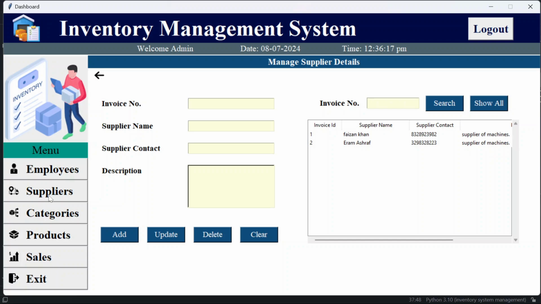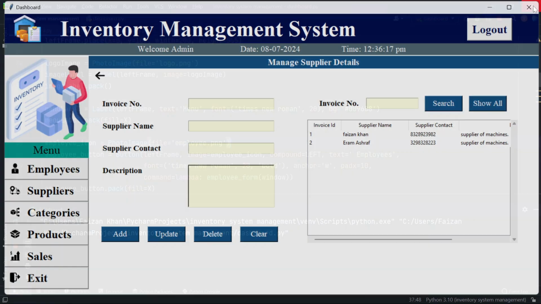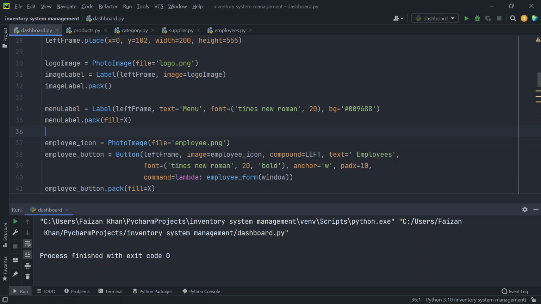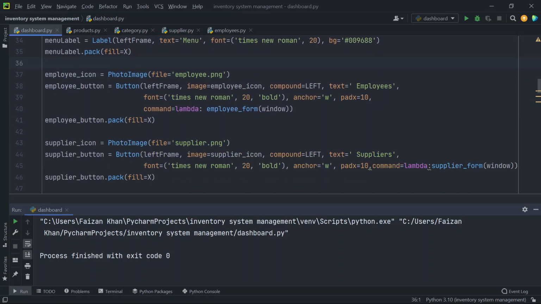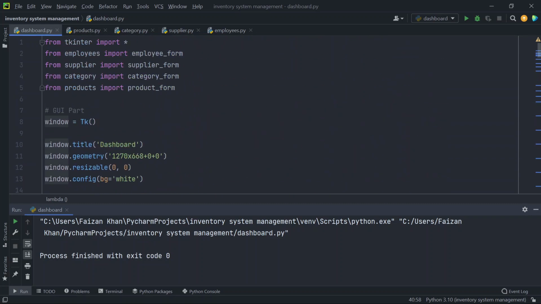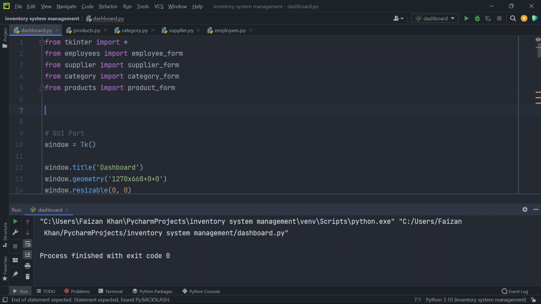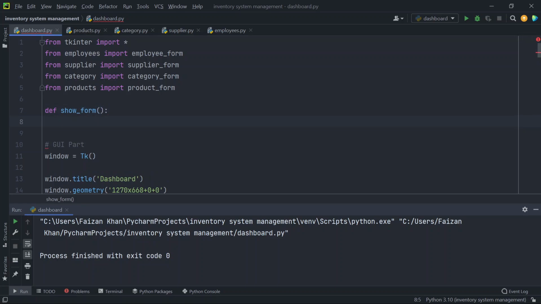So how we will do it, let's see. So this is our dashboard.py file and this is our employee button, right? And here we are passing this function employee form, and to this function we are passing window object, right? So what I'll do, I'm gonna create a function here, def show_form. Okay, and I'll call this function